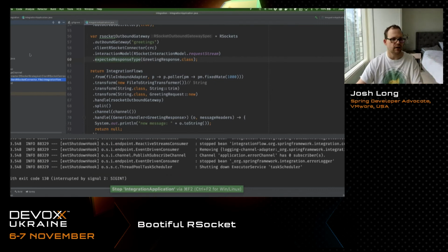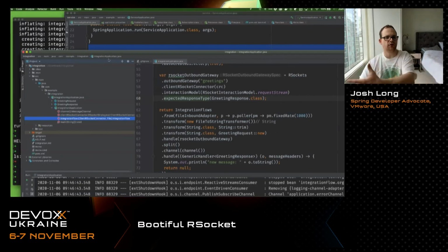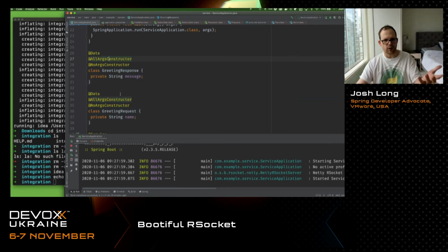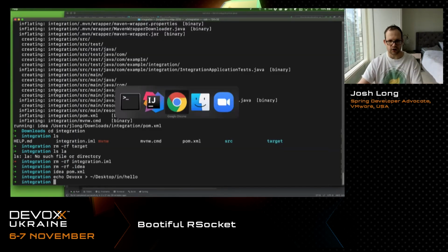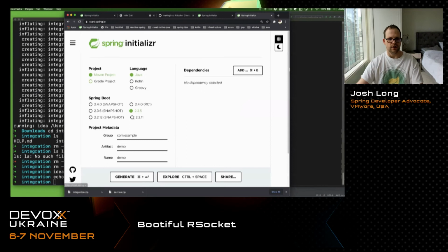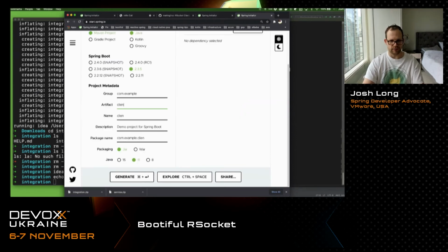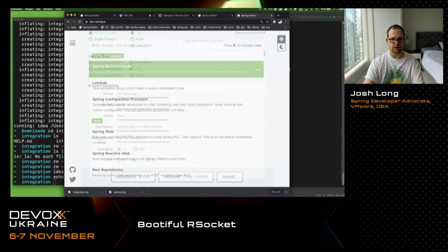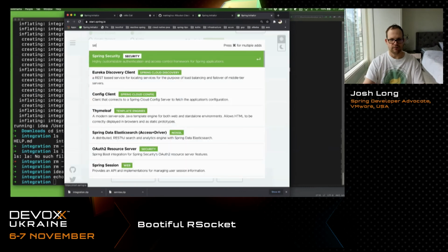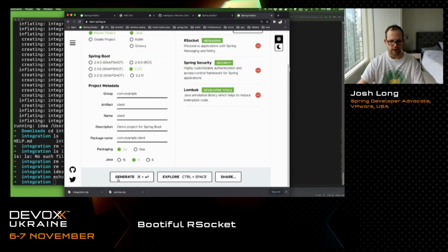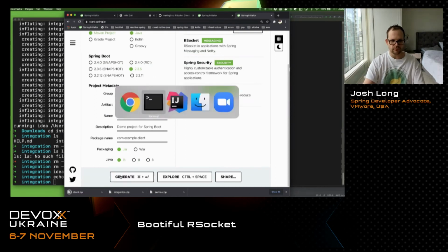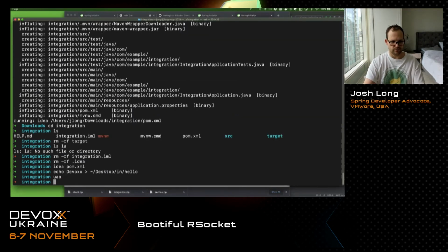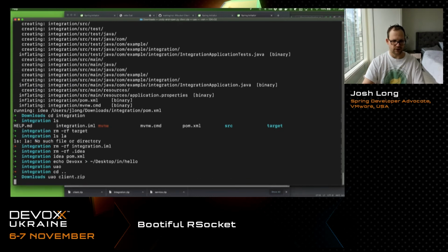There's lots of other things you can do. Now this is great if you have some other stuff you want to connect to. But if you just have a regular service and you want to connect to an RSocket endpoint, then of course you can go and create a client, right? So we'll do that as well. We'll create RSocket security Lombok. I'm going to hit generate, and we'll do client.zip,